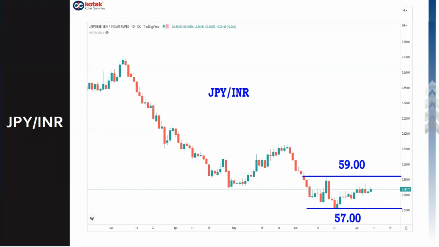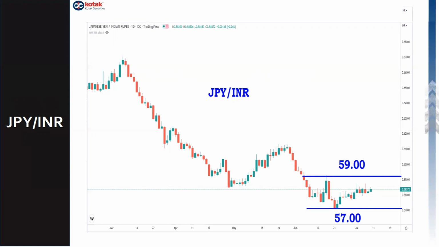Second factor, keep an eye on the equity market trend. If there is a big sell-off, a huge sell-off, not a small one, then yen tends to do well because of unwinding of carry trade, because yen is used as a funding currency in the global carry trade. And third is keep an eye on the oil prices and the dollar index. So these are the few factors you need to keep an eye on when you are trading yen INR. And the host currencies in yen INR are USD/JPY and USD/INR. So you have to look at those charts individually as well.